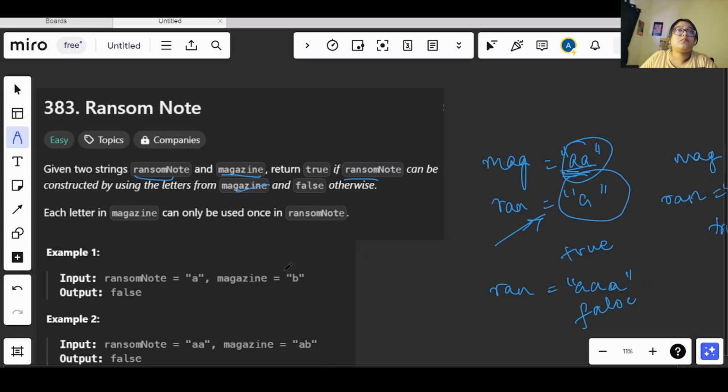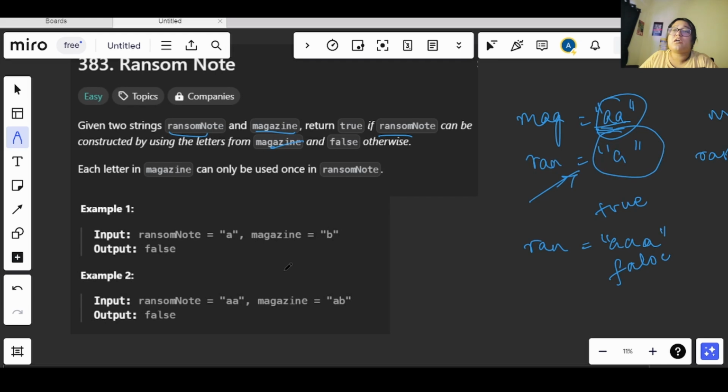So basically these are the requirements that we have to see, okay. Now as I specified, each letter in magazine can only be used once in ransom note, okay. So since only two A's are there, I cannot reuse the same A to create a three letter word, okay.